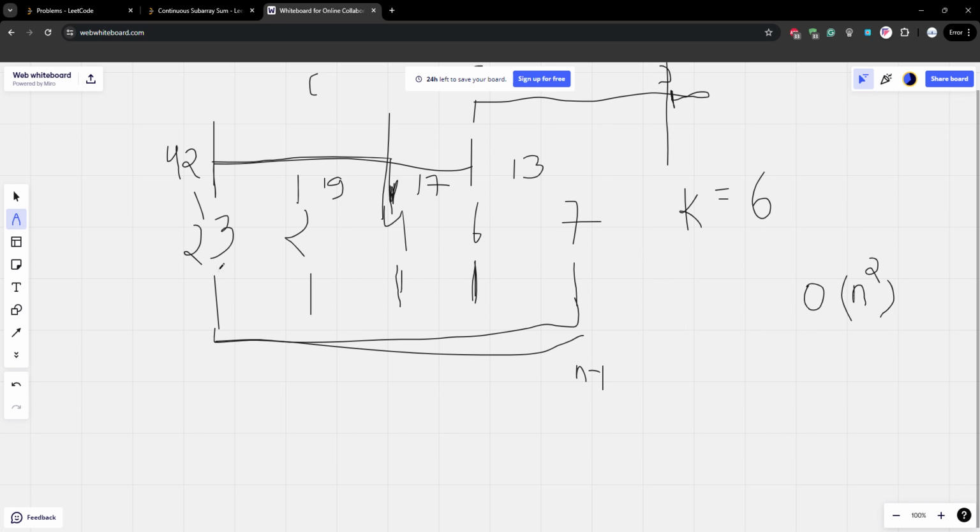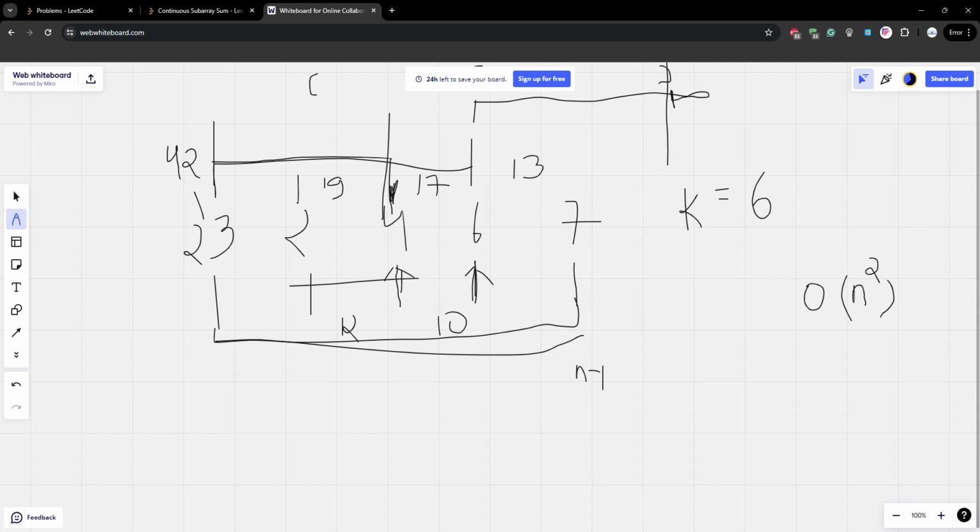If we did not find any subarray ending at 7 whose sum is divisible by 6, then we will fix our ending index at 6 and do the same process: 4, 6, 4, 10. We'll check whether it is divisible by 6: 4, 10, 12. Yeah, it's divisible. So we'll find a subarray which is divisible by 6, ending at 6 and beginning at 2. Similarly, we will find another subarray. This is the brute force. It will require two for loops, and it will solve the problem, but it is going to time out.